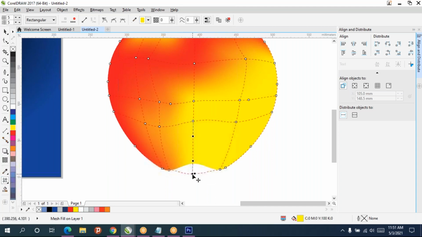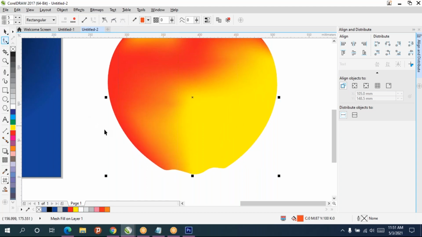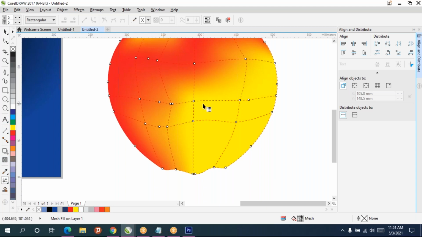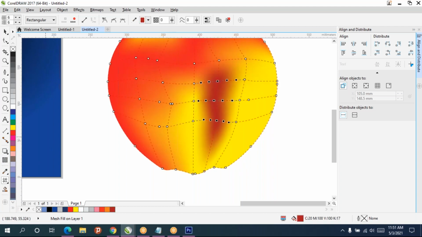For mesh fill, shortcut is M. I'll give some dark reds. It is too dark.